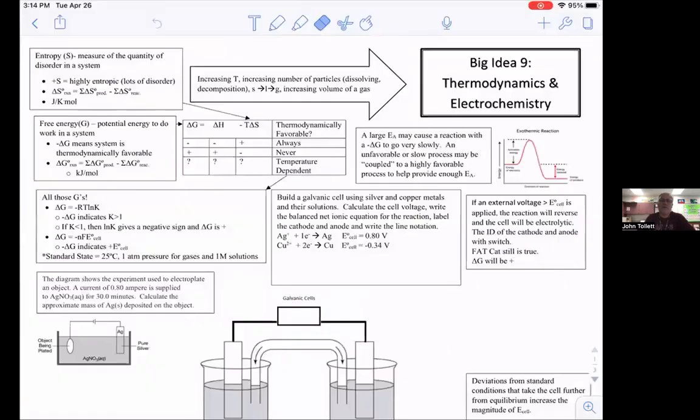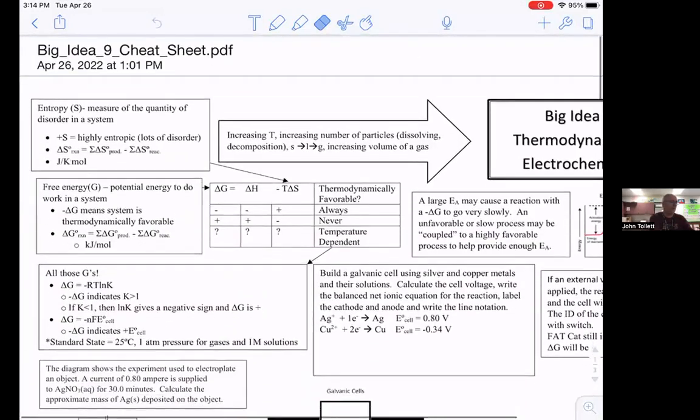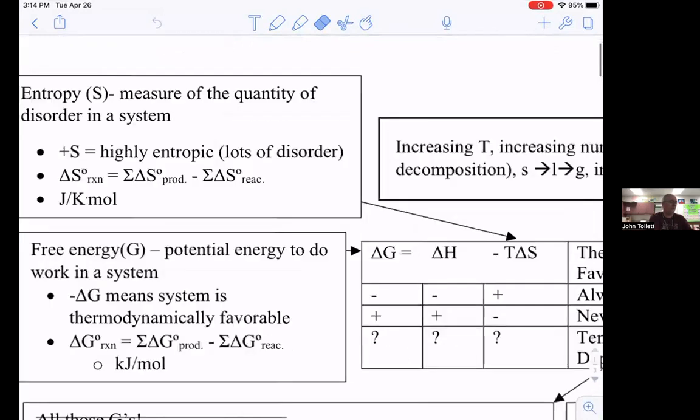So here we go. Big idea 9 actually blends a little bit of the thermochemistry, especially delta G and solving for equilibrium constants. And we kind of tied this together when we did electrochem. We actually did the free energy and cell potential in the same unit together, which was actually a good idea. So we'll start over here on the left again, as usual, and discuss these